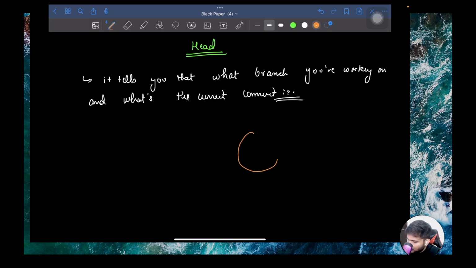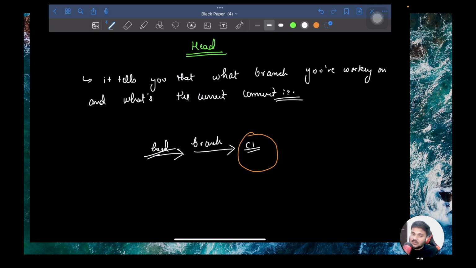And now you know that commit is an object. This is, let's say, some commit object. On the commit object, you point using a branch. Branch is a pointer to a commit object, right? And at your current working branch, on what commit actually you are working, or what will be the next commit that you are going to go for, this is actually going to be pointed by a head. So head does not just point to the last commit. It also has the reference to what branch you are at.